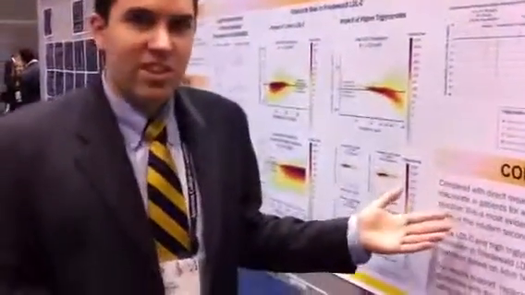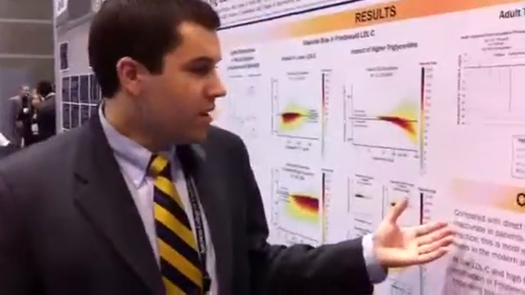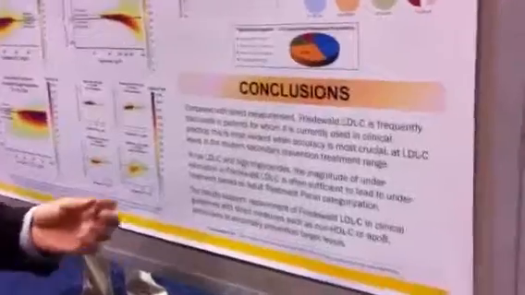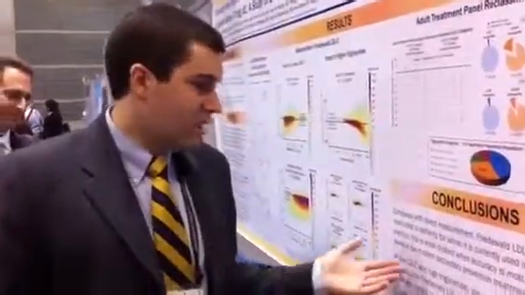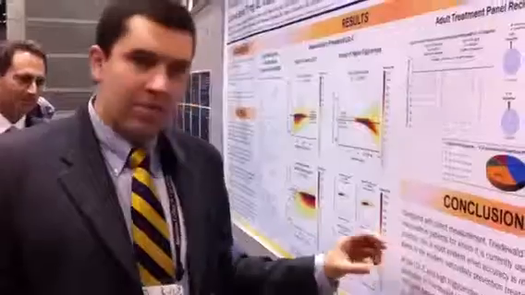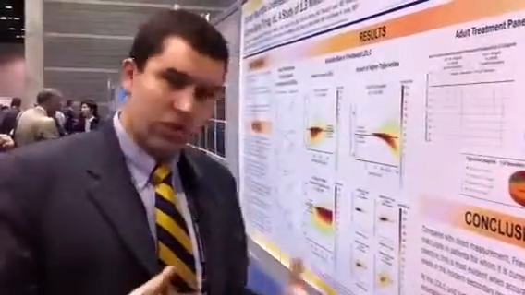So what we concluded is that there's frequently inaccuracy in LDL cholesterol estimation by Friedewald, and this is particularly the case where it's most crucial, in levels in the modern secondary prevention range. And at those low LDL cholesterols and the high triglycerides, the magnitude of underestimation is often sufficient to lead to undertreatment based on the adult treatment panel guidelines.